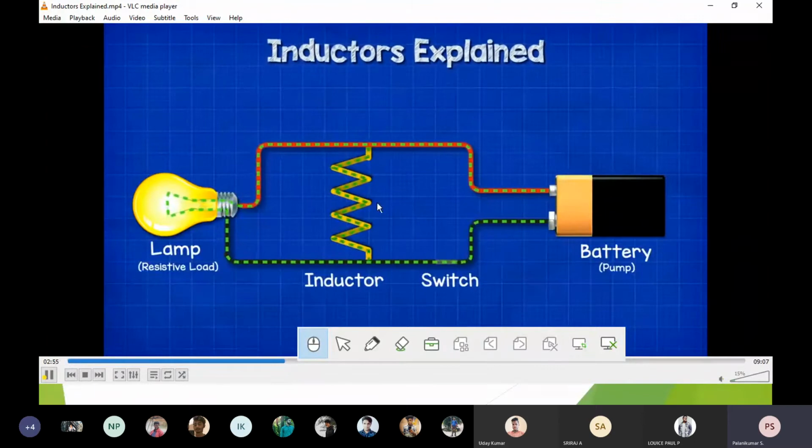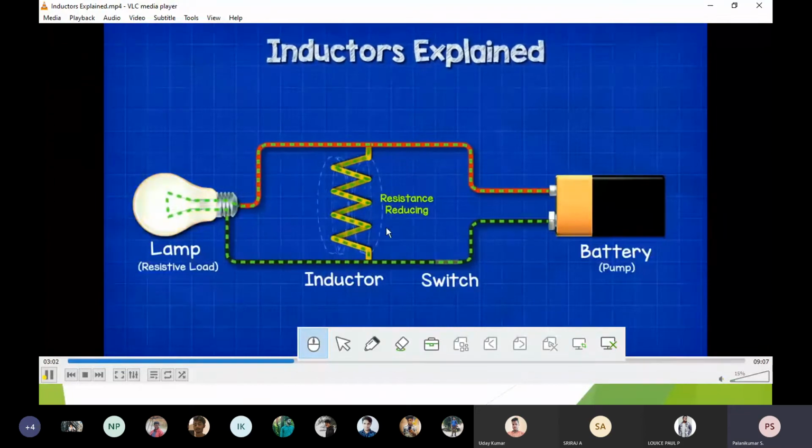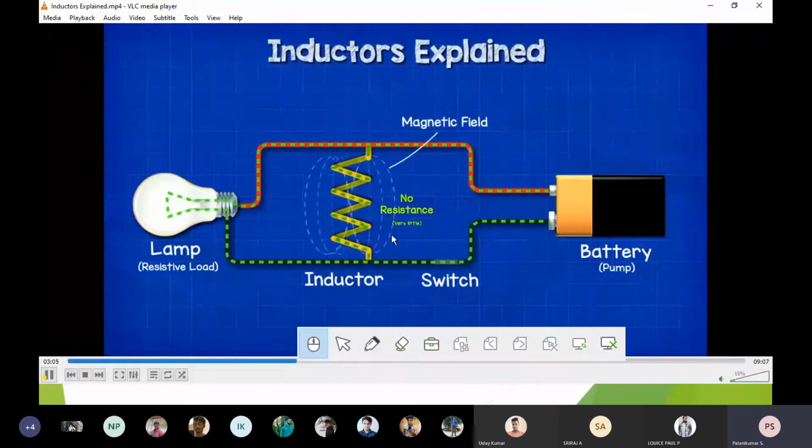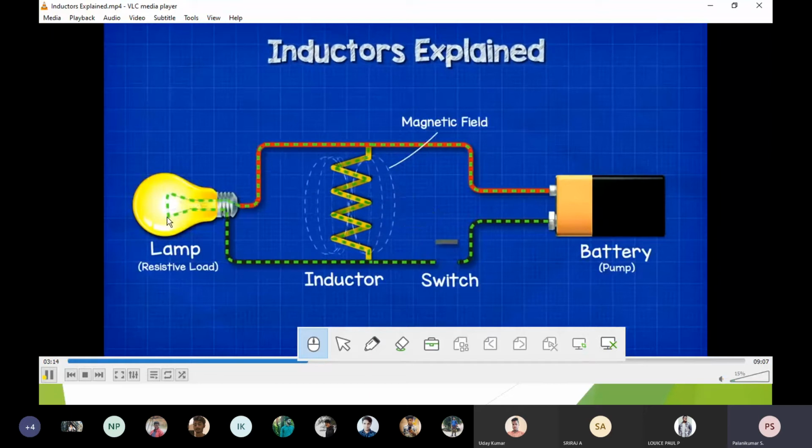But the inductor will always oppose the flow of current. It keeps on opposing, but whenever a small current is going, there will be a build-up of magnetic field. Automatically the magnetic field builds up like anything. Because of that, current is now flowing through this inductor only. There won't be any current flowing through the lamp. Now if I disconnect the supply from the switch, the lamp will be continuously energized by the inductor, because it is in a magnetic field, like a coil. Automatically, what will happen?